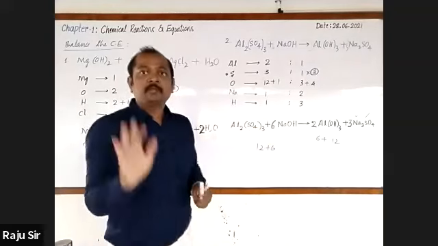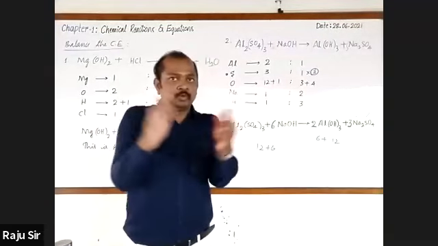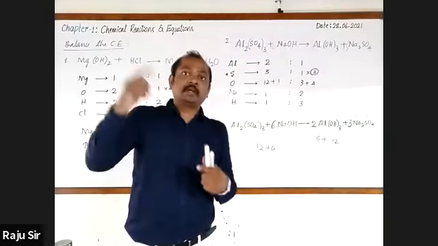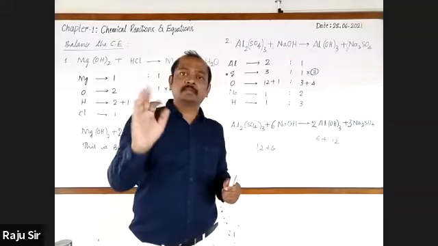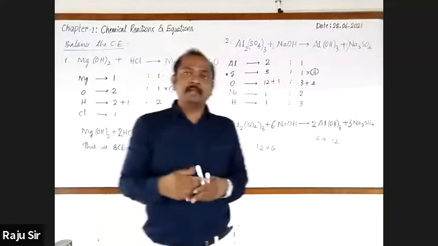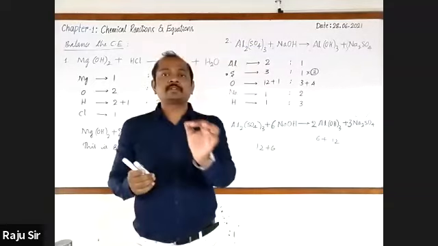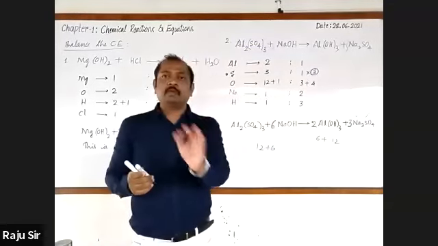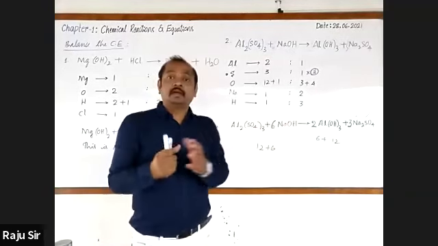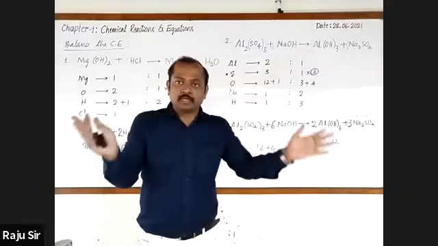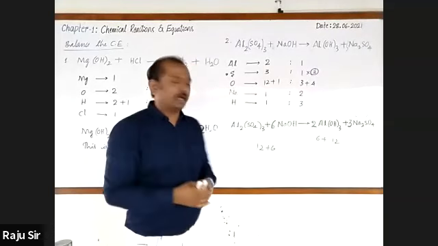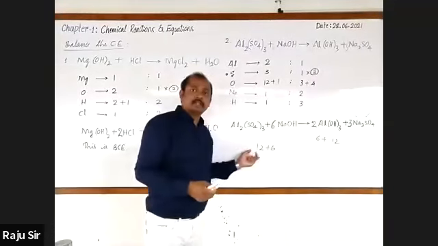Got it? When the atoms are distributed to 2 or more compounds, we won't consider that one. We will consider other elements having maximum number of atoms. Then we will go on balancing. But while balancing also, we will give last preference to the element whose atoms are distributed to 2 or more compounds. Got it? Now, oxygen balance.